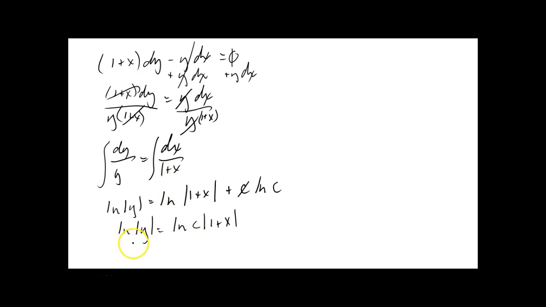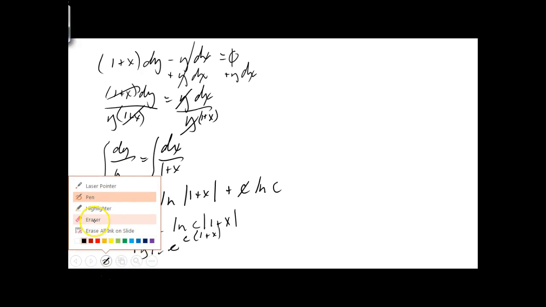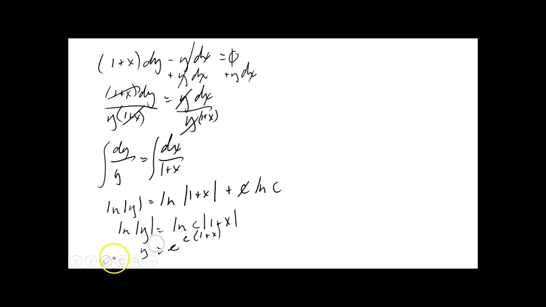Now you can take an E of both sides, and that gives you absolute value of y is equal to E to the C times 1 plus x. Now, here we can lose the absolute value signs. I think you can legitimately do so, because E is never negative. Okay? E is always greater than or equal to 0, never even equal to 0. So now you can do that. And that's another way to express your